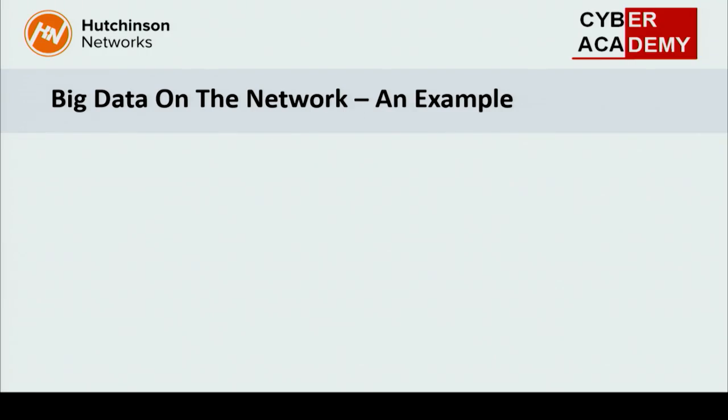So I just wanted to start with an example of big data. The one we'll be mostly familiar with will be Hadoop. So Hadoop's based on HDFS, the Hadoop distributed file system. As soon as you see the word distributed, you know that it's going to be spread across an infrastructure. When it's spread across an infrastructure, you need a network to connect it together. Where you've got a network, you need to secure it.